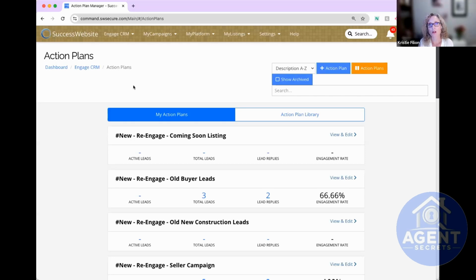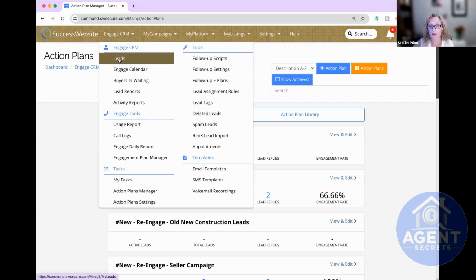So for each open house, you have essentially a QR code that brings people to a form on your website where they can fill out to register for your open house. So in that case, leads would automatically be coming in to the CRM. So you have to, first of all, identify how these leads are getting in. Are they coming in through a marketing campaign, or are you adding them manually to the CRM?